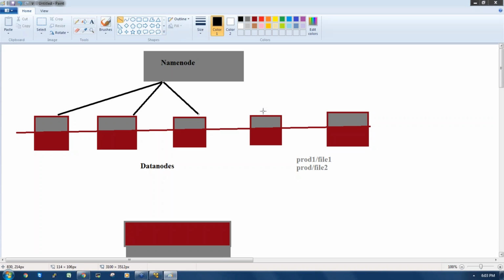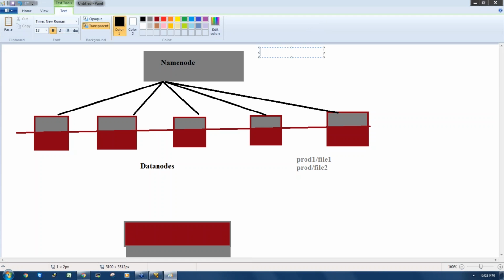Now what does the name node contain? The name node contains the reference of the data in the data nodes, or in other words, the index of the data.